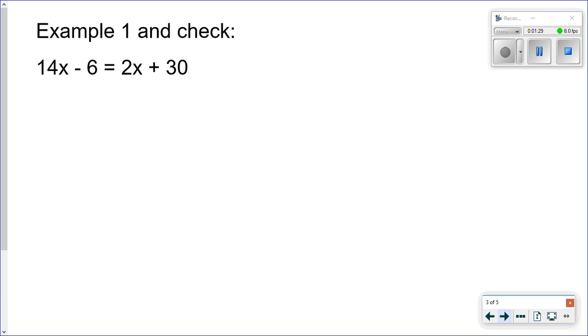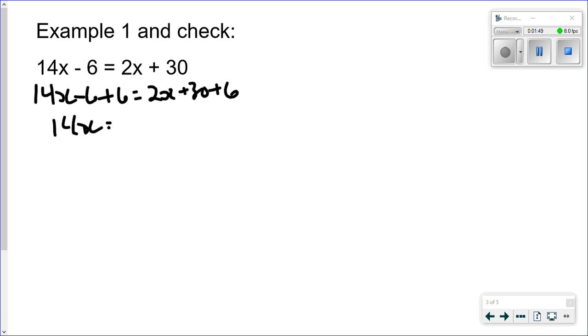So example 1, solve and check. For no particular reason, I'm going to move the 6 first. The opposite of subtracting 6 is adding 6. Right? 30 and 6 are like terms, so we put those together. Now I have no choice. I got to move my